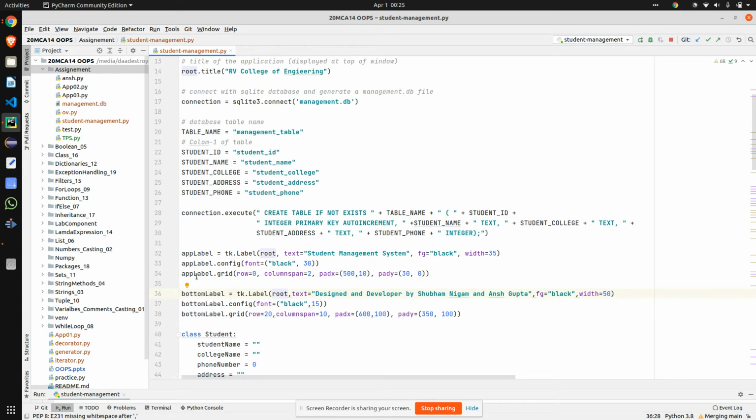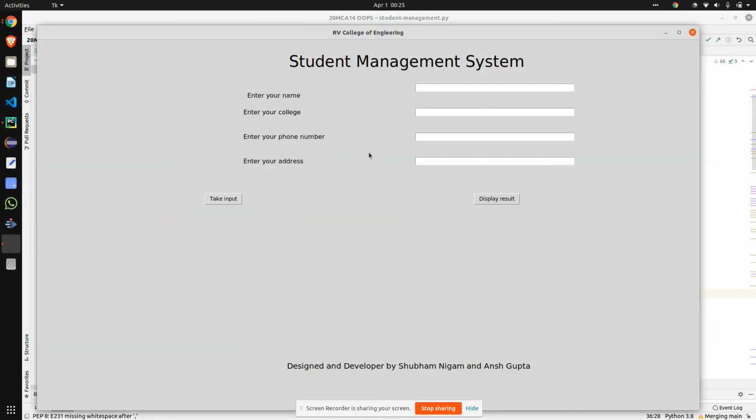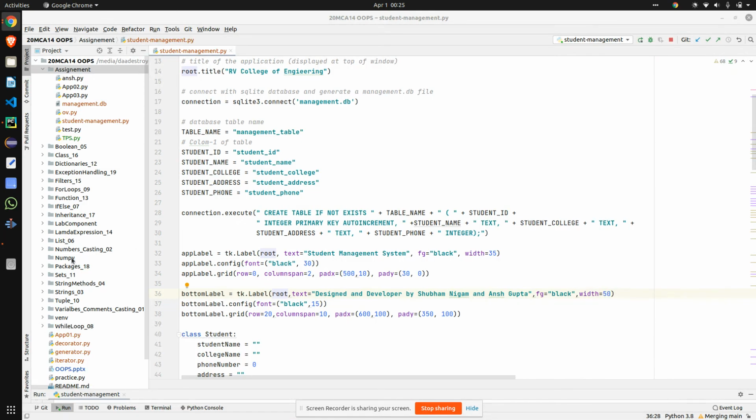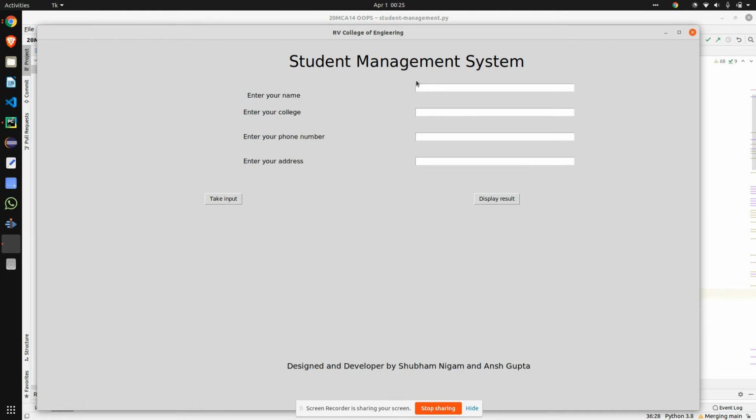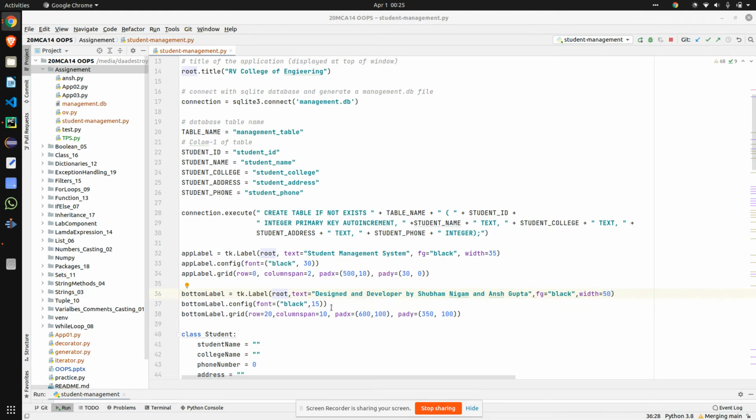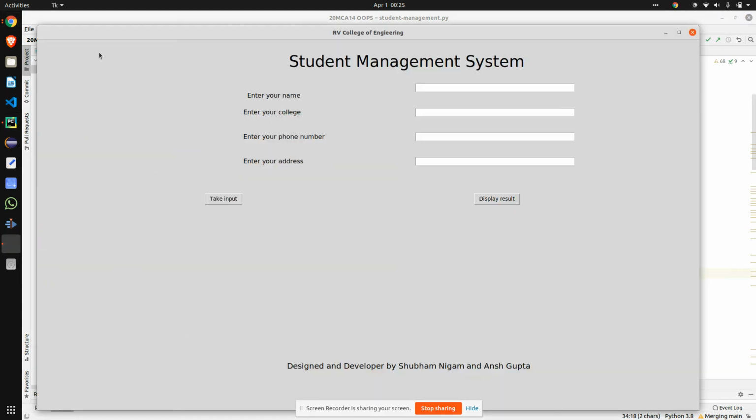Yeah. So app label dot grid means where we want to place this particular text in our window. The window has an x and y axis, so we have to measure the x and y axis, and after that we place the text. So row zero means the zeroth row; this is the zero row, this is our first row, second, third, like that we have to give.